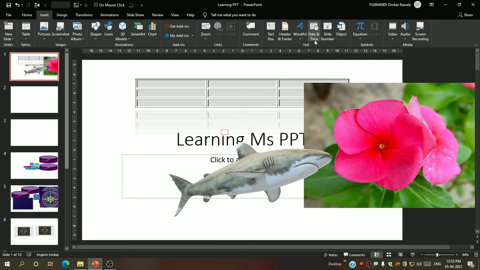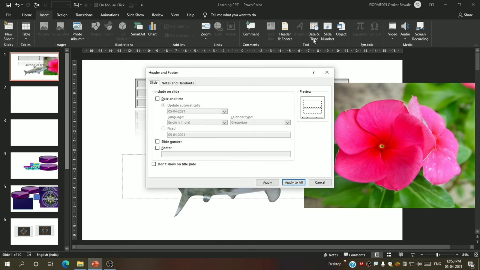So date and time. We can also add date and time in your slide. So this is the same as the header and footer. Okay, date and time. You have to first enable it, then also enable slide number. You can also change time, language from here. Now I will say apply.